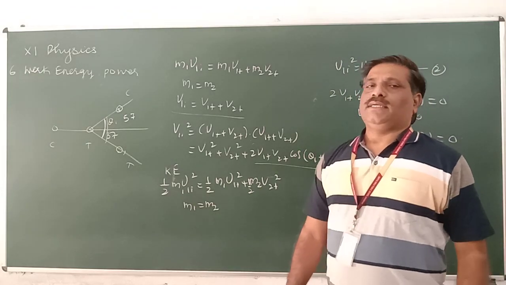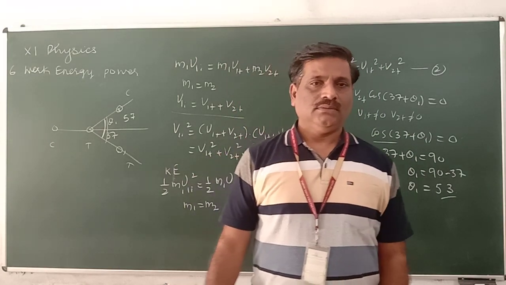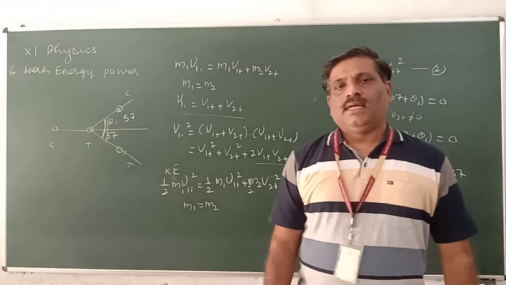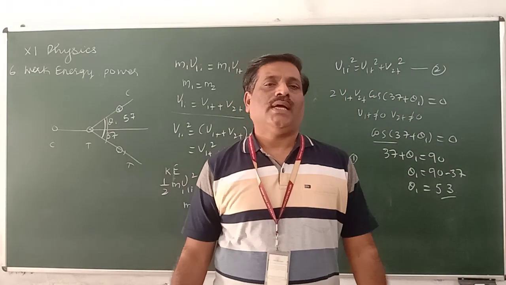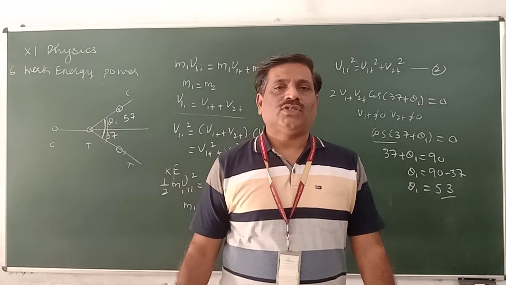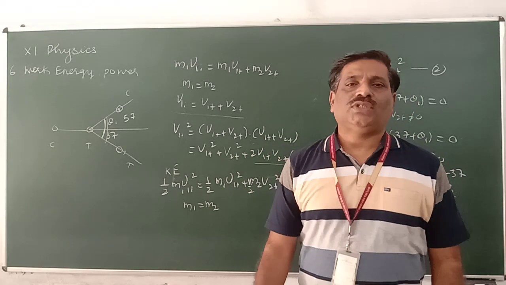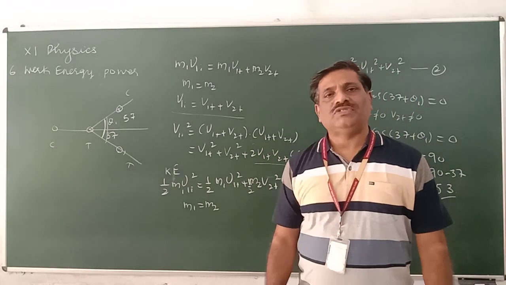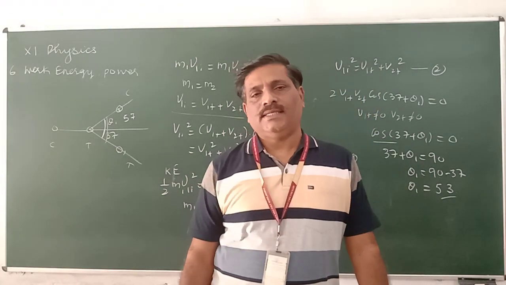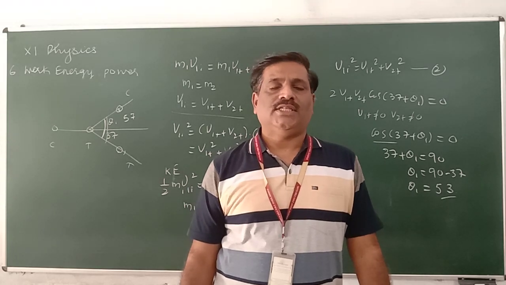One more thing: carom, billiards, marbles, these are the common things. But the comet coming towards the earth or the alpha particle approaching the nucleus, in these cases the forces involved act from a distance, and such an event is called scattering. So scattering is an event in which forces act from a distance. Once again, I define scattering: scattering is an event in which the forces act from a distance.